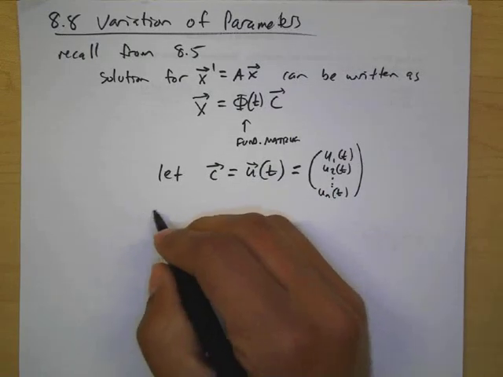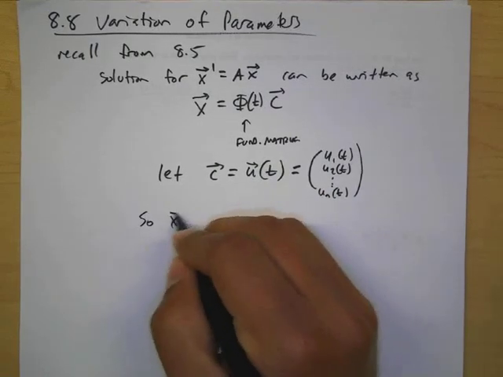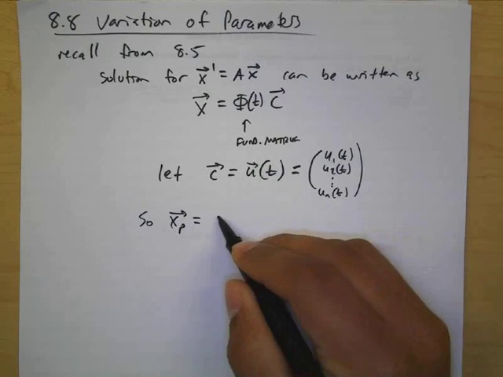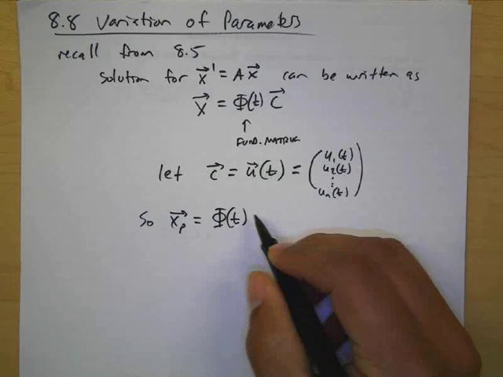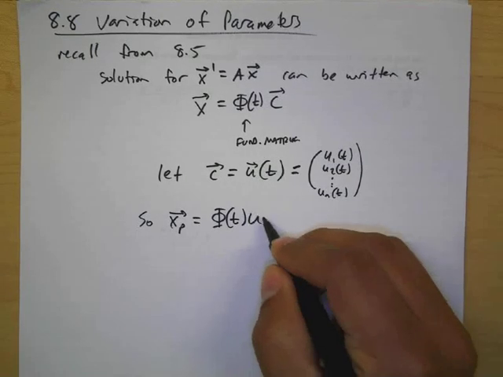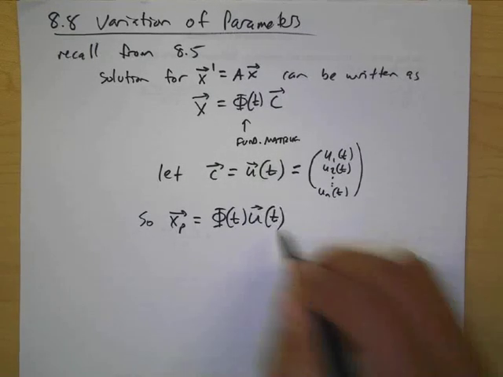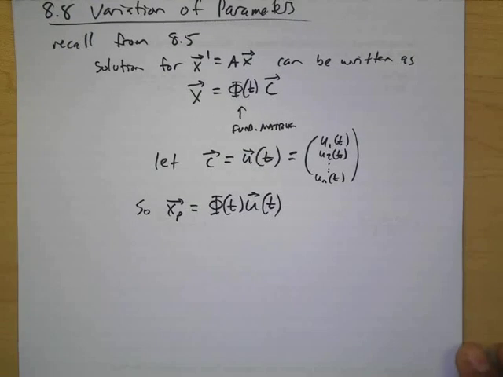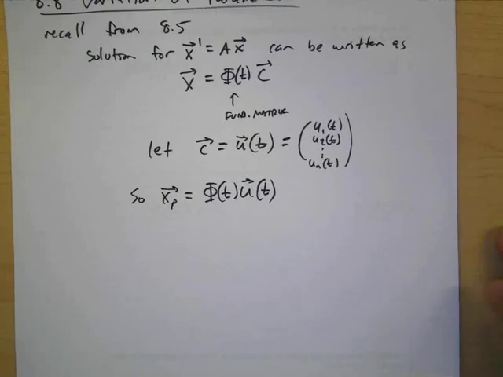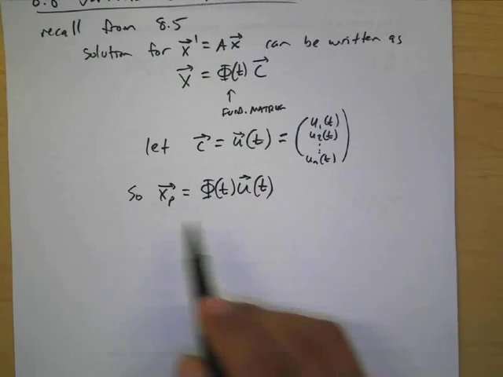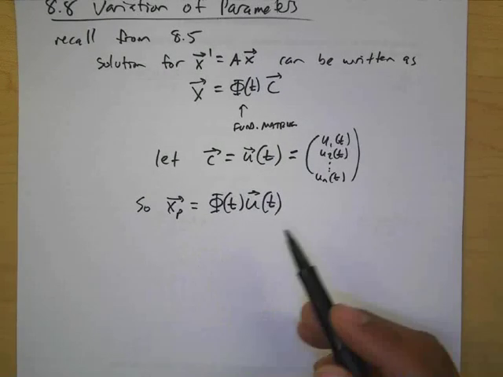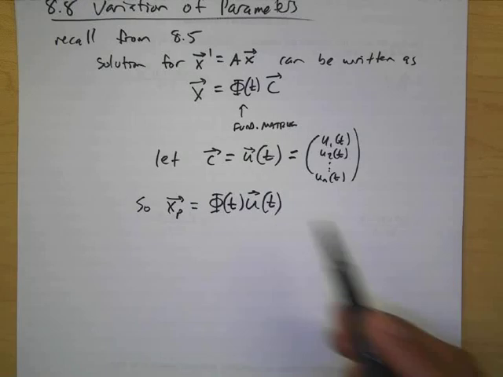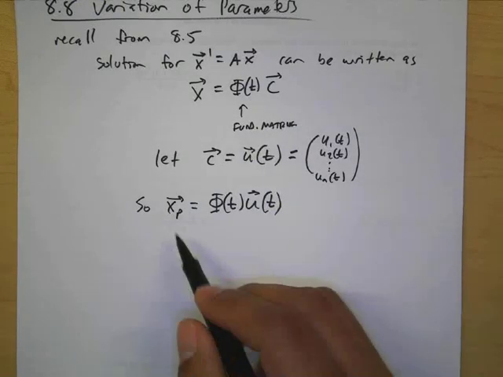So then what we're going to do is let our particular solution take this form: fundamental matrix times U of t. Now if this is what our particular solution is going to look like, we're going to plug it in and see what needs to happen so that we can work with this formula. So if we plug it into the system,